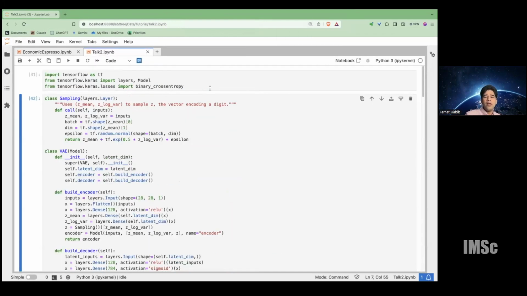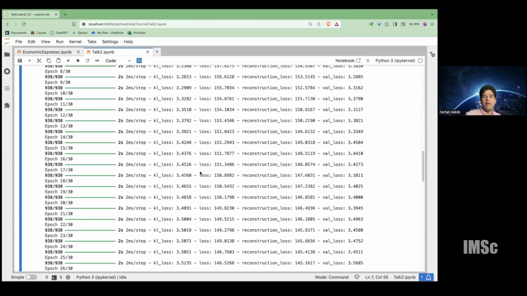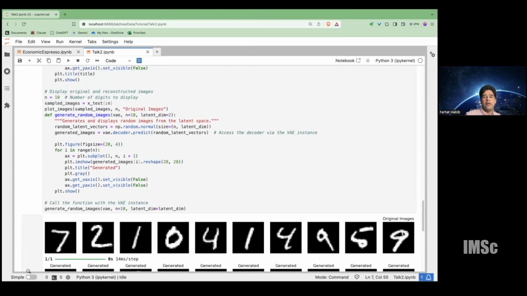Okay, so what we'll do in this particular exercise is create a small variational autoencoder and train it over the MNIST dataset. For those who are not familiar with MNIST, I'll give you an idea. MNIST is a set of handwritten digits dataset. I think it originates from the US Postal Office, which was interested in reading zip codes on envelopes. So you have a large number of digits that are handwritten, and we would like to classify them between 0 and 9. So you have 10 possible categories.